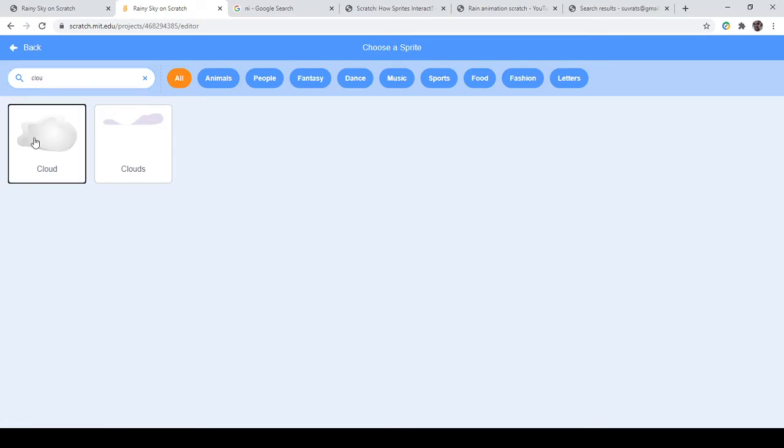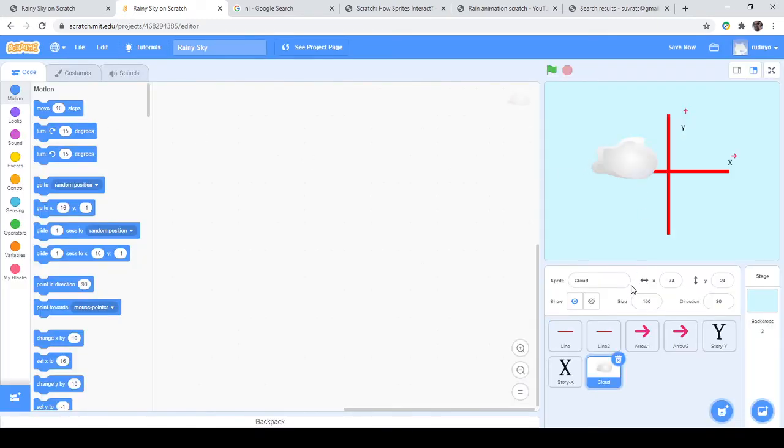I like clouds. Let's choose a cloud. When the cloud is almost at the center, you can see that the position of the cloud would be very close to 0 x and 0 y. One easy way to understand where your character or sprite is located is to look in the motion section. Look at this part, go to x and y. As long as you don't move this, the value of x and y here actually corresponds to the current position of your character. So you see it's very close to 0.